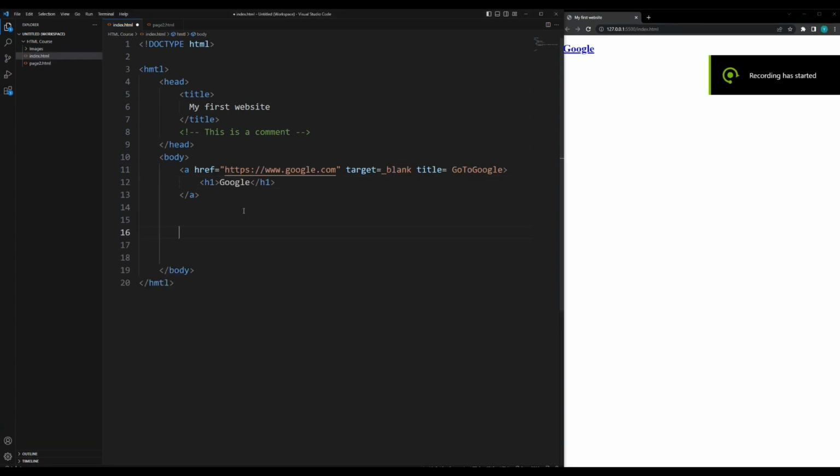Hello everyone, and welcome back to another HTML video. In this video we're going to be talking about inserting images into your web document. So to insert an image, you have to do first things first, which is here I have